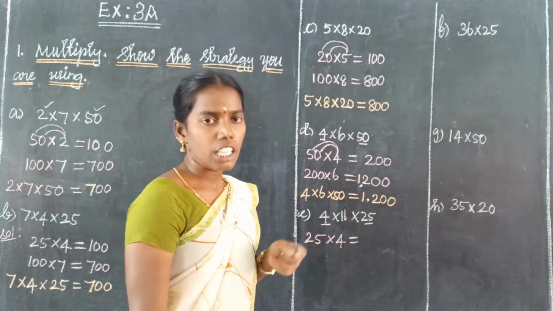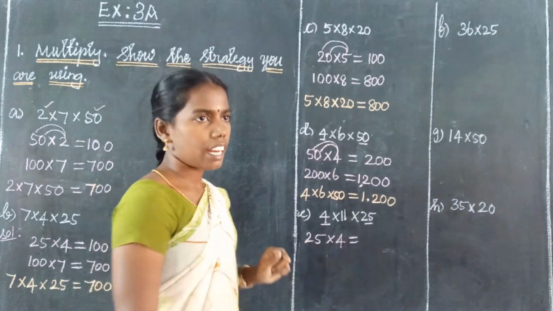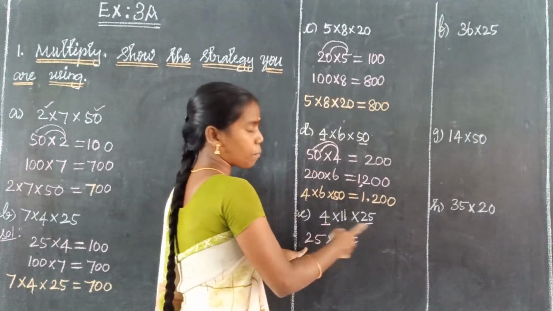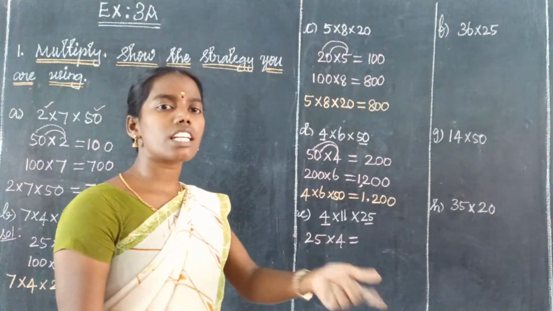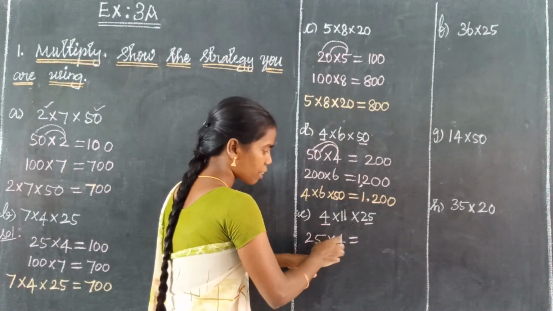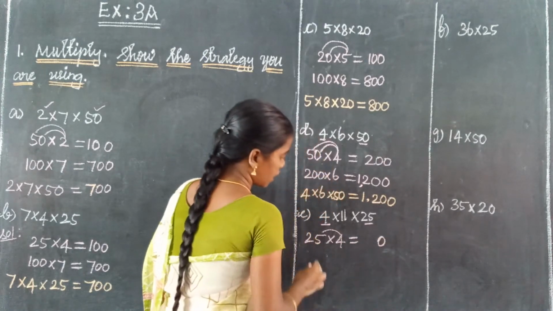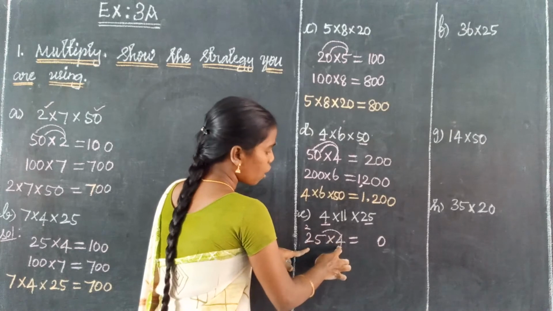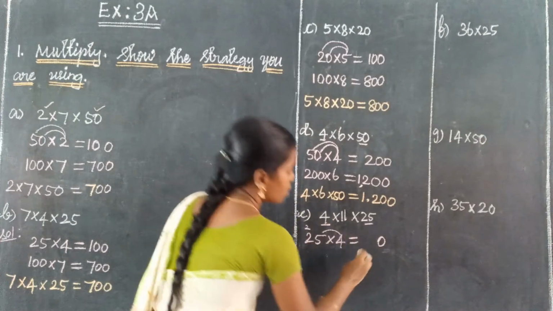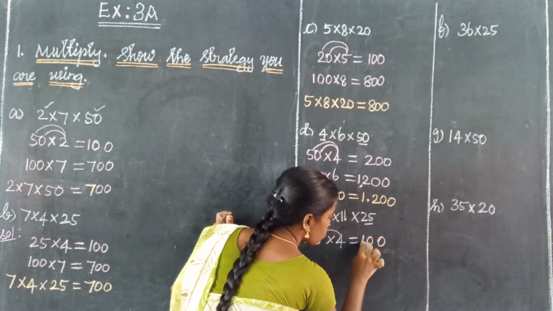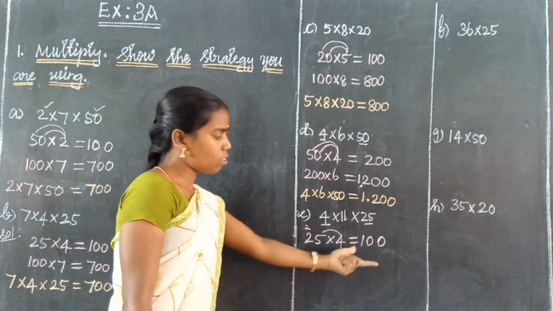1 25 is 25, 2 25 is 50, 3 25 is 75 and 4 25 is 100. So if we mention the 25 table 4 times, that is equal to 100, and if we mention the 4 table 25 times, that is also equal to 100. With the 4 table, 4 5s are 20, remaining 2, then 4 2s are 8, plus 2 is 10. This is also 100. So using either the 4 table or the 25 table gives the same answer.